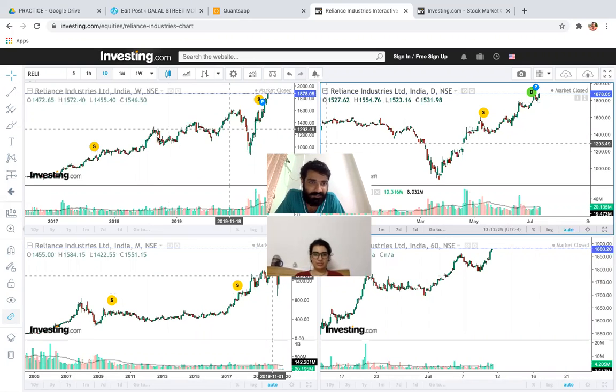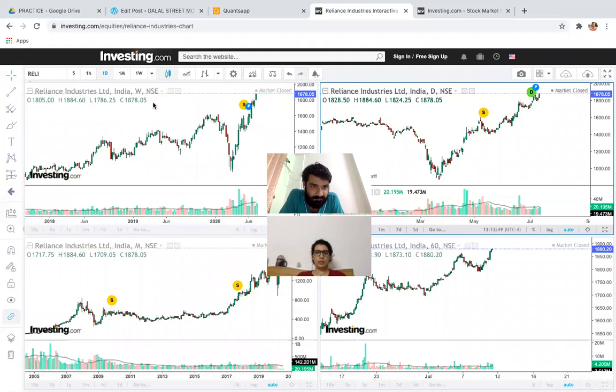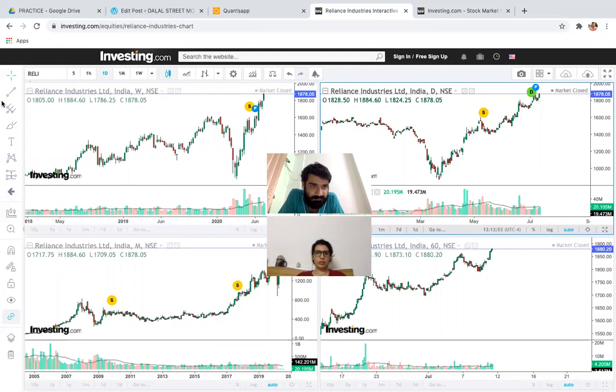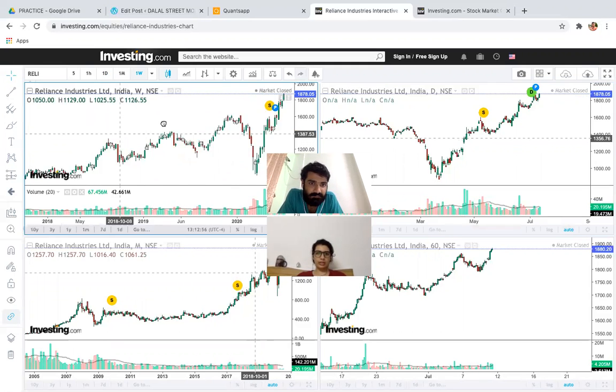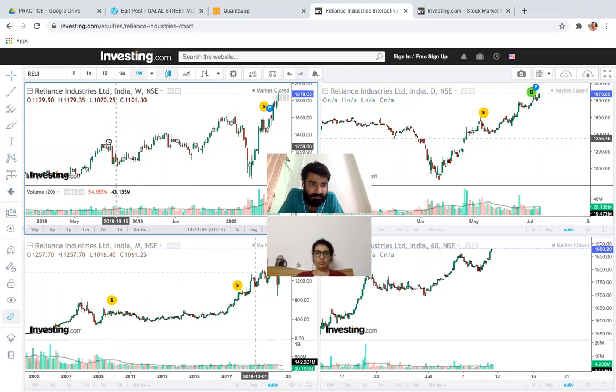Okay, so here, this is the weekly one, guys. You can focus here. This is the weekly chart. Why I've started with the weekly chart is because I can see a good channel being formed in the weekly chart starting from August 2018, and this channel was broken on the downside when the big crash in March 2020 occurred. As you can see, the big red candles, that was the breakout on the downside